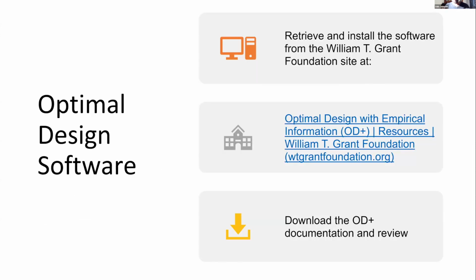So I want you to know that there's a way around this. You can know beforehand, before you submit that proposal to ACF, that you can estimate your power. And so I want you to go to the William T. Grant Foundation site. You can get the Optimal Design software. This link is active. It takes you right to their site. In the second box here, you can download it. And then there's the documentation as well. And it helps you estimate